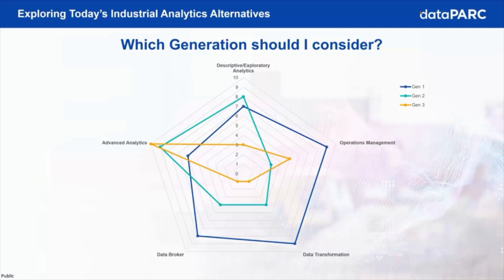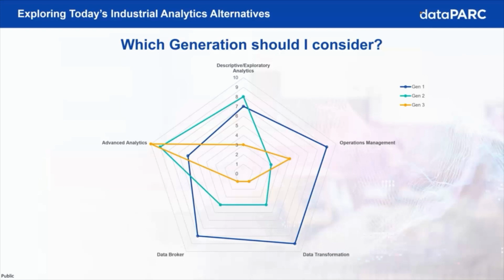And from our view, it's a complementary discussion: you need to have an industrial analytics strategy that has the foundation of a Gen 1, but then leverages Gen 2 or Gen 3 for specific use cases. So these are complementary generations, not an either-or. The key is making sure that you have a real solid foundation with the Gen 1 that complements your future strategies using these Gen 2 and Gen 3.